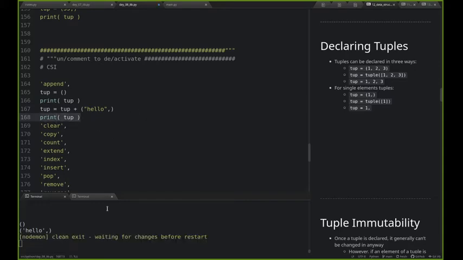Now I can print tup, and now I've got hello in it, right? So I can do this again, and world, hello world. So this sure acts like an append, right? But it doesn't alter the type, it alters the identifier that's pointing at that value, right? So what I'm doing is I'm getting a transform and reassigning that transformed value into the identifier that was holding